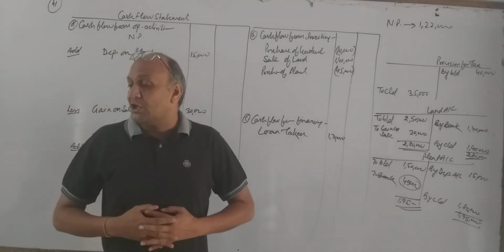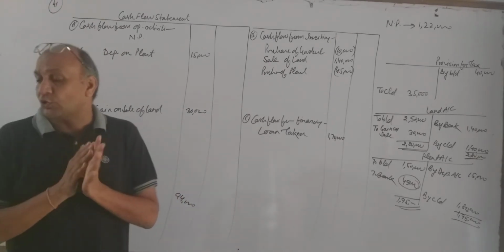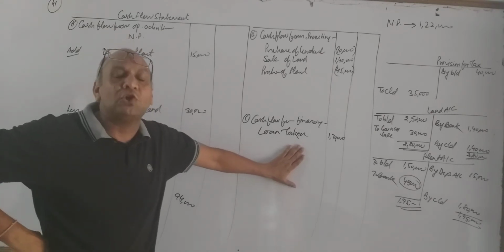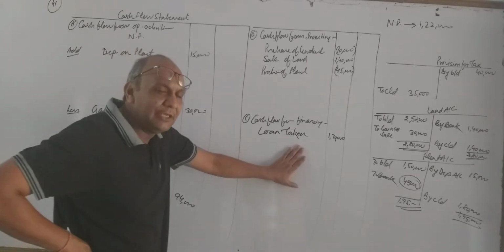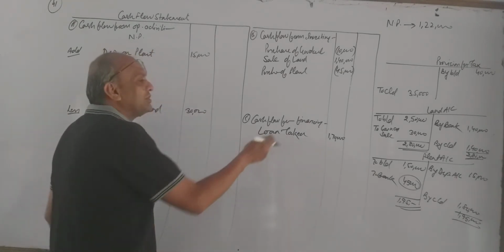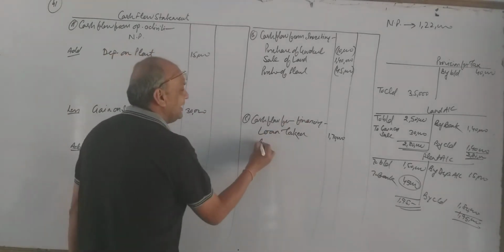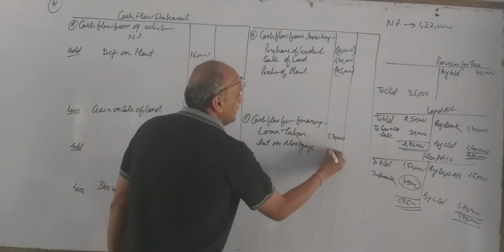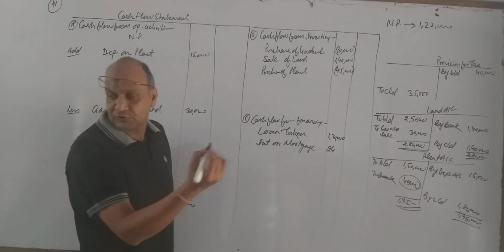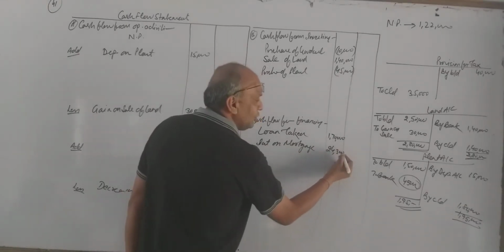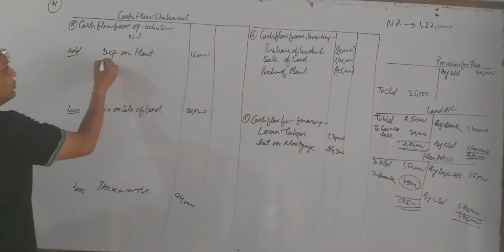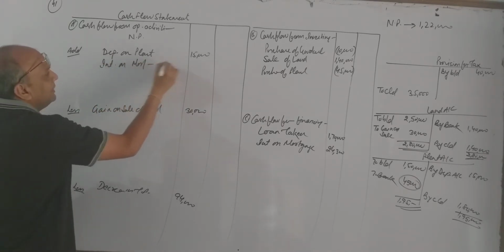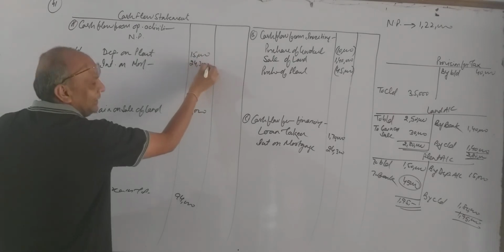Next item, interest on mortgage loan is rupees 24,300. On the loan we had taken of 1,70,000, we have to pay interest of 24,300. Interest paid is in which activity, my dear friends? Financing activity. So let us write over here interest on mortgage loan, 24,300 rupees. Each adjustment will go at two places. So this interest will also be written over here in operating activity. Interest on mortgage loan, it is rupees 24,300.